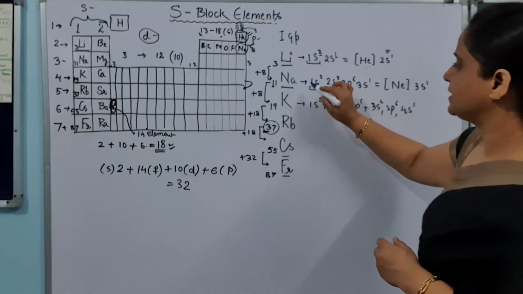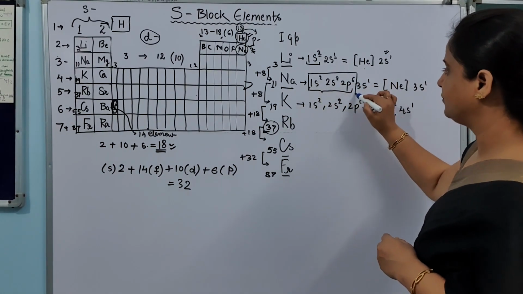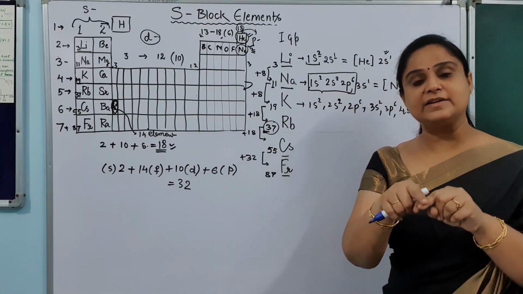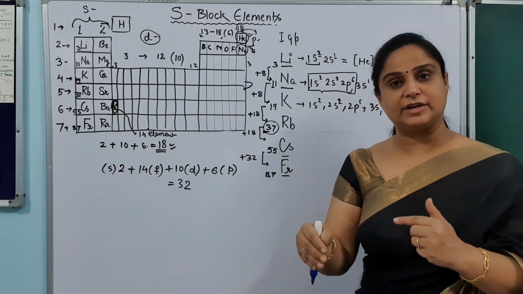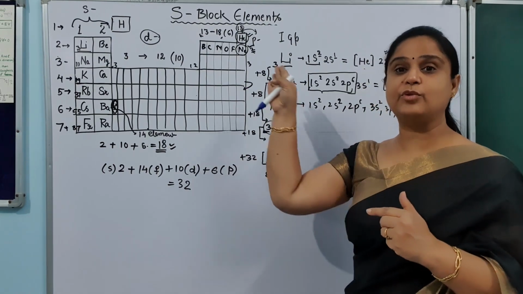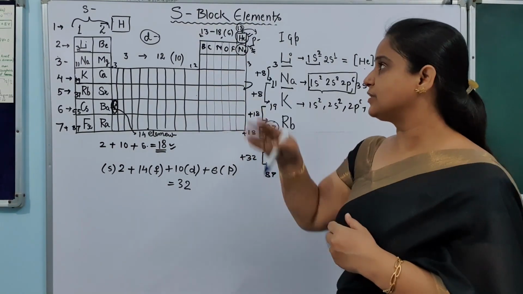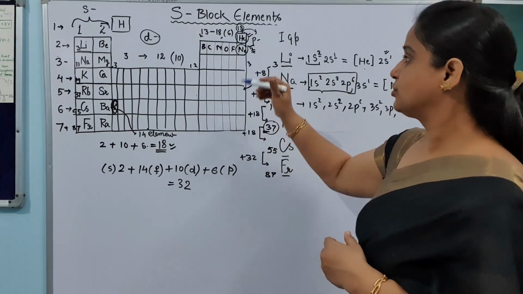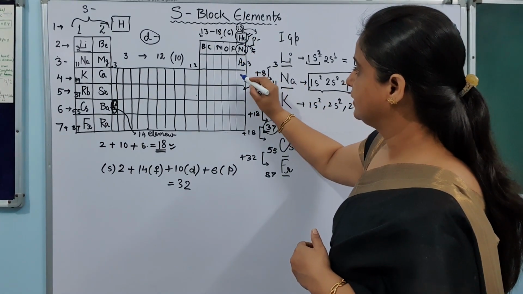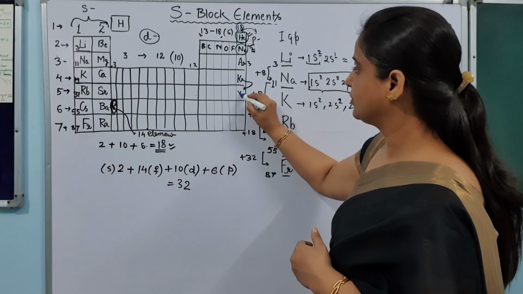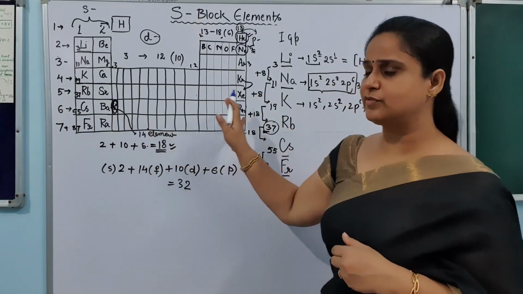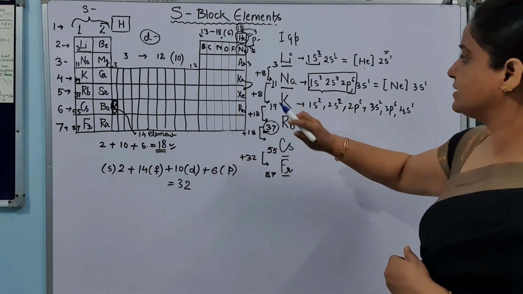Or what I can say here is, to save time, we can replace the inner core electrons, all the shells, with the noble gas configuration. And it is important to note that you should know what is the noble gas before that element, before that period. So here I am writing down all the noble gases to fill the 18th group: helium, neon, argon, krypton, xenon, radon. After that we get francium, so we don't need to write down the name of this element. So let's start with this.